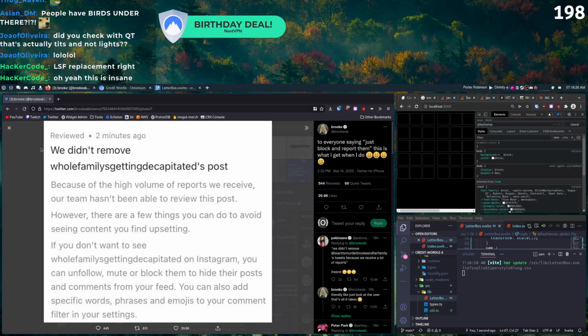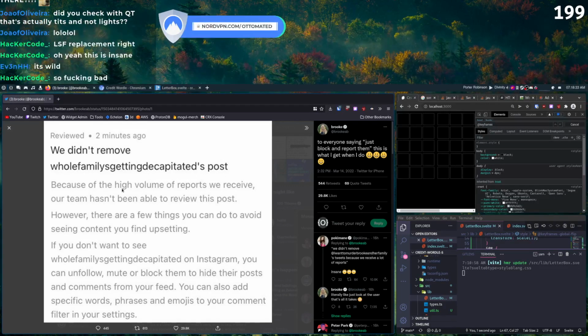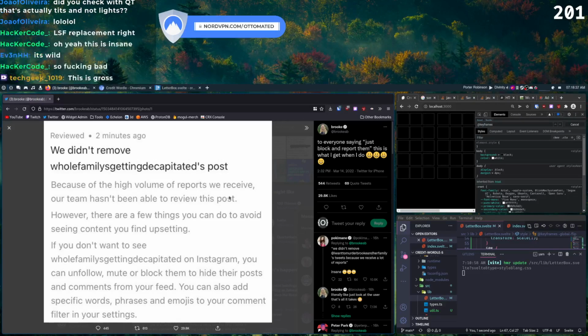This is an Instagram report. We didn't remove whole families getting decapitated's post. Because of the high volume of reports we receive, our team hasn't been able to review this post. If you don't want to see whole families getting decapitated on Instagram, it's insane, right? This is absolutely awful. And it made me think of this problem statement that exists, which is big corporations that